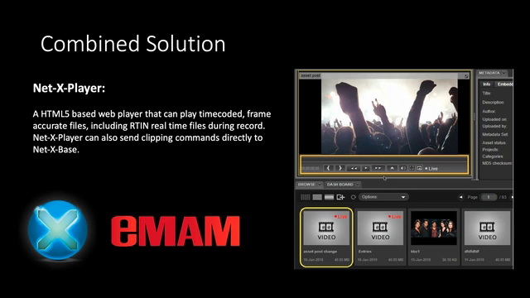Most files, you have to actually close them and create their indices and their metadata before you can reopen them. With this one, we can open the R10 file, find all the information we need for all the audio tracks, video tracks, closed captioning, multiple time code, metadata, pull those in, and be able to use them either in the HTML5 player within eMAM itself, but also in all of the clipping operations. So if you're recording a file like an AVI or an MOV that can't be read while it's open, the R10 allows us to actually clip out the audio and video with or without transcode.